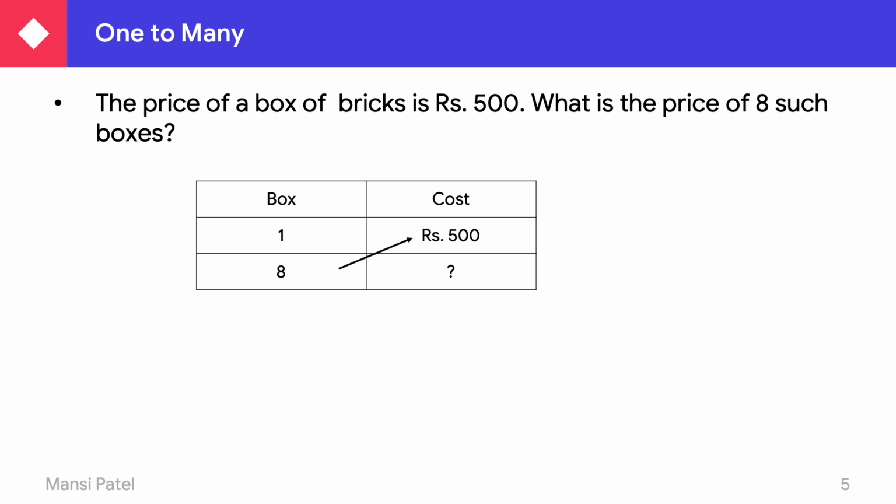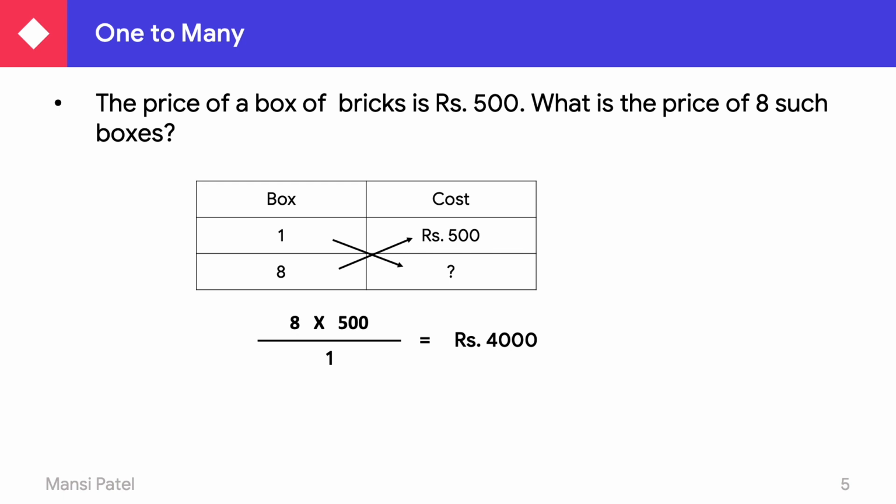Now in the cross you have to do the multiplication: 8 multiplied by 500, and the number which is remaining, you have to write down below this multiplication. So 1 you have to write down below the multiplication of 8 and 500. So your answer is like this: 8 multiplied by 500 divided by 1. In 500, 2 zeros are there. That's why in the end you have to write down 2 zeros, and then you have to multiply 8 and 5. 8 fives are 40. So your answer is 4000.